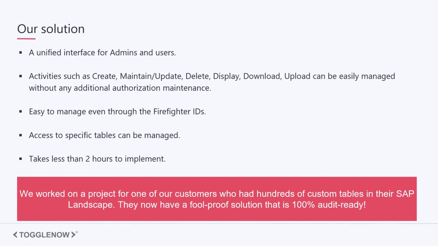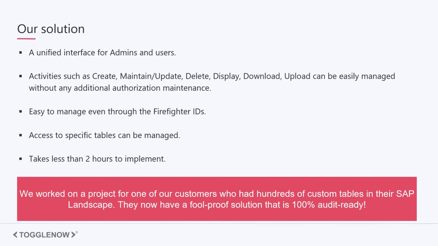We deployed it for one of our customers who has hundreds of custom tables, and made the entire SAP system foolproof and 100% audit ready with respect to table maintenance.